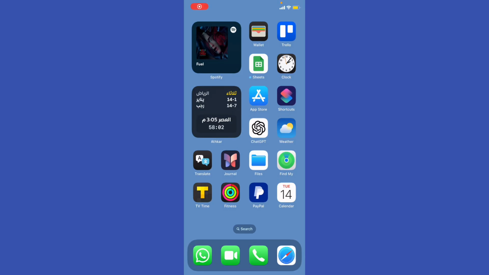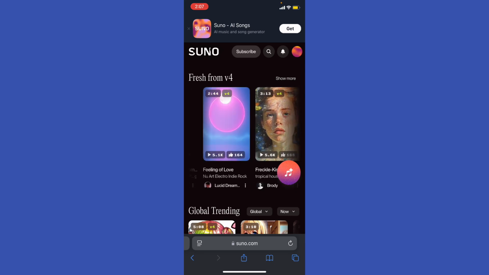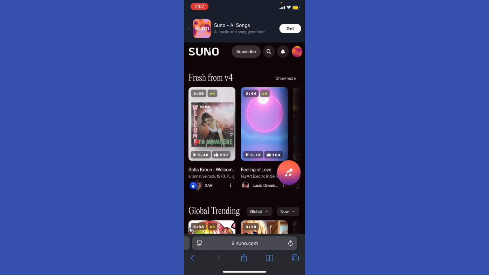How to use Suno AI V4 music generator updates. First of all, go ahead to the official website. If you downloaded the app, make sure that you updated the app to the latest version via your App Store or Google Play. Right? Now what you're gonna do, you're gonna go ahead and click the plus button or click